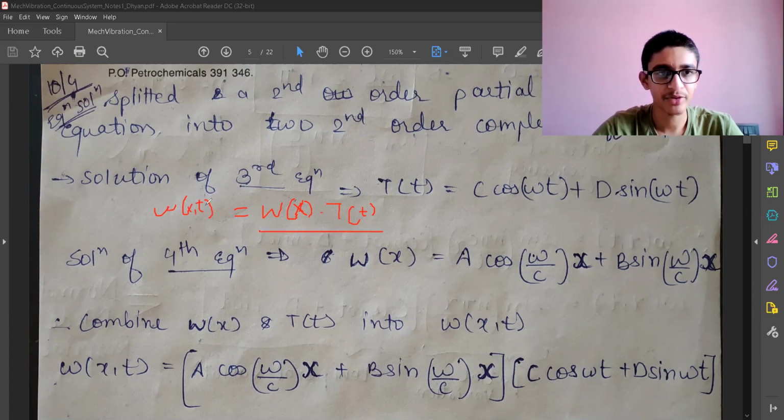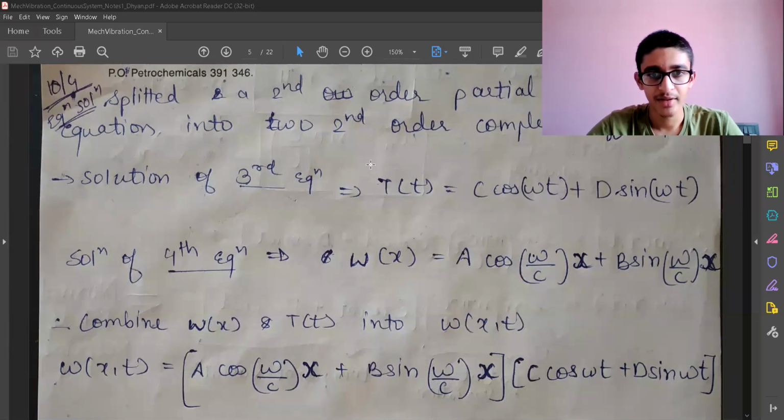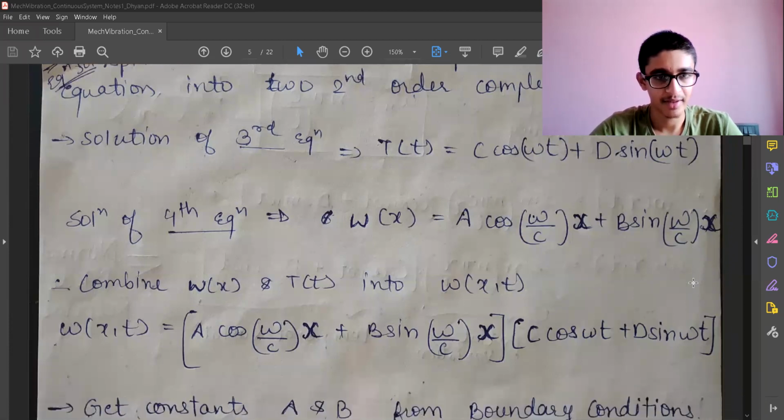Then we are going to substitute it back, and then we'll get two differential equations which I have shown earlier. But the process is not required for solving the problem. The result is going to be useful to us, so I'm just going to describe the result directly. So we have got the two solutions, which are w of x and T of t. We have separated those, and we have got the functions now.